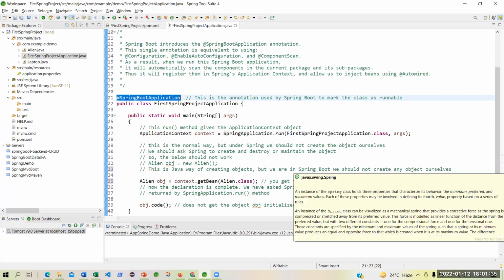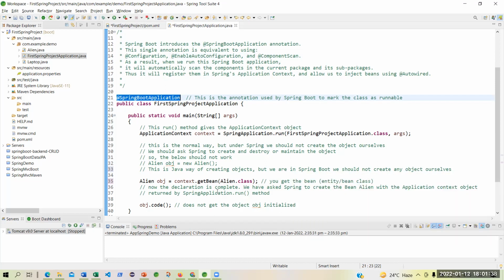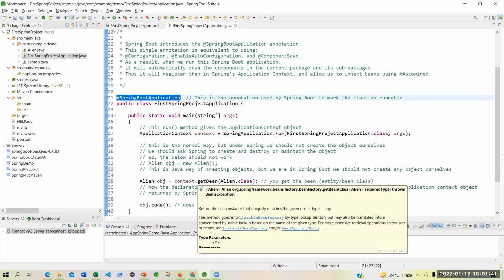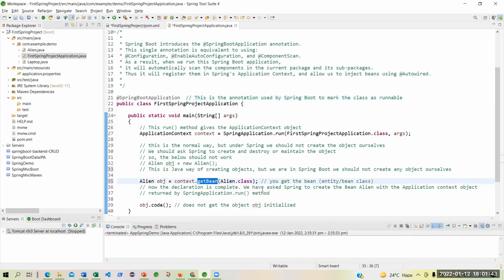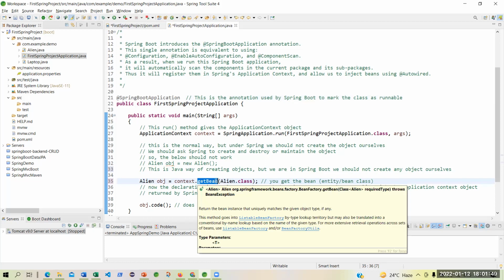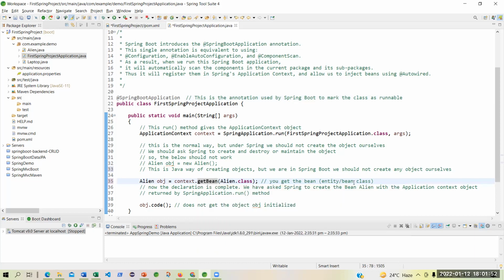It is configuring that container for the components, and therefore you do not need to worry. You just have to mention what is that component that you are going to pick up. You are not going to create. You are going to get that bean or the entity or that component. So many things, we are learning so many new things. One is the entity. The entity is nothing but the bean, and the bean is nothing but basically if you have converted that into a component by some annotation.